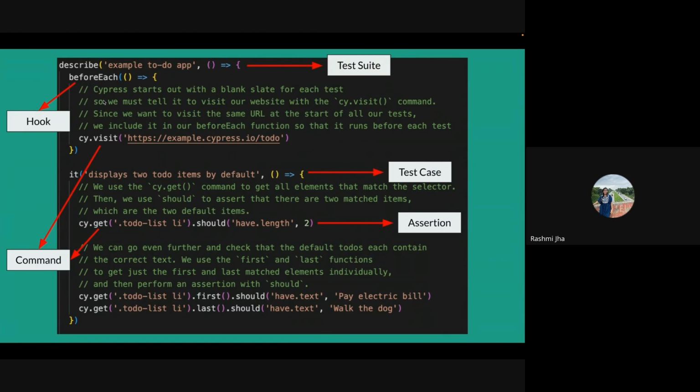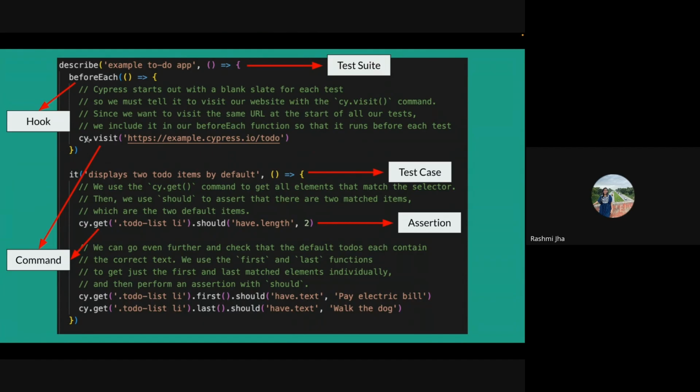Here you can see I have provided a beforeEach hook. Basically in Cypress, hooks are functions that let you set up preconditions or clean up after tests. These are part of the Mocha testing framework, and a few of the common Cypress hooks are before, after, beforeEach and afterEach, and each of them has different functionality.